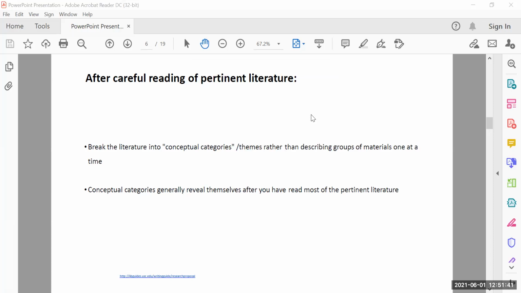That is for easy accessibility. So you can break the literature into conceptual categories or themes. That will make your work very easy to search for any concept or methodology.